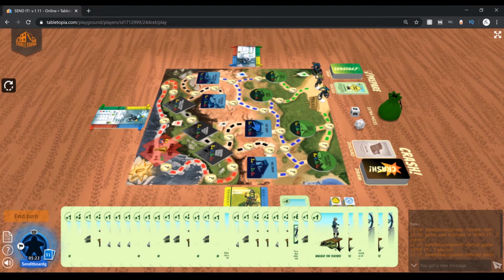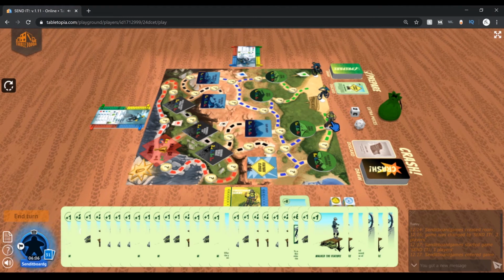tile. So the way you do that is, let's say we want to close this big drop. So we click on it, and we hit F, and then that flips it over, and it's closed. So that would be a bummer if somebody was trying to get on that tile. I'm Sammy. Let's say that I was moving this way, and I landed on this token here. Boonk. Then I would want to flip it over, so I would select the token. Come on, select the token, and then I'd hit F, and that would flip it over. Move Sammy here, you can see that is a crash, which means I would have to pick up a crash